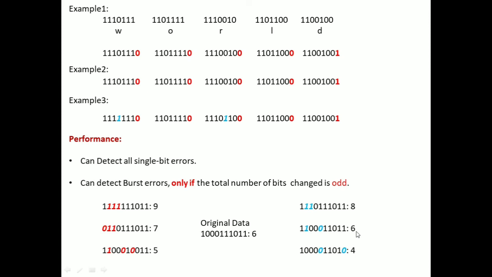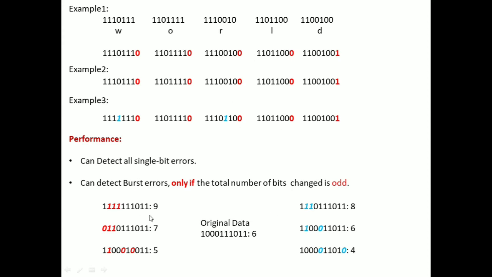That is even parity, right? So it assumes that this is also correct. But is this correct actually? This is the original data, but we have changed the second bit and fifth bit. But the receiver does not know because it simply checks whether the total number of ones is even or not. So here also the total number of ones is 4. So it is also following even parity. So the receiver thinks that it is a correct data transmission.